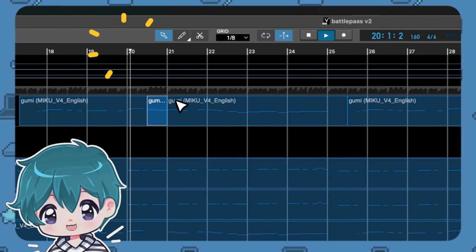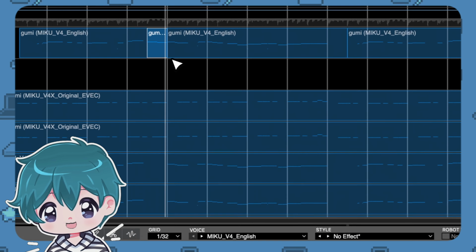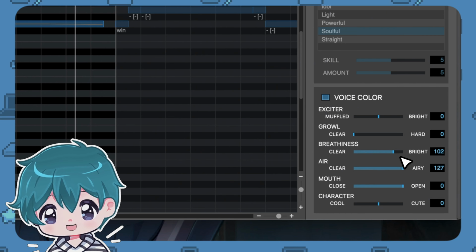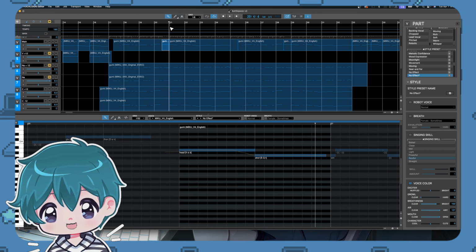It's basically here. So you can see I had to divide the regions separately so I could use voice color. These are the settings that I'm using. It's almost a full whisper, and I was able to get away with that because even though you cannot really hear it,